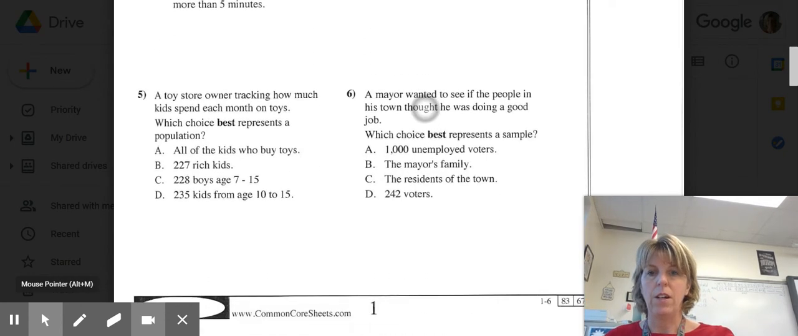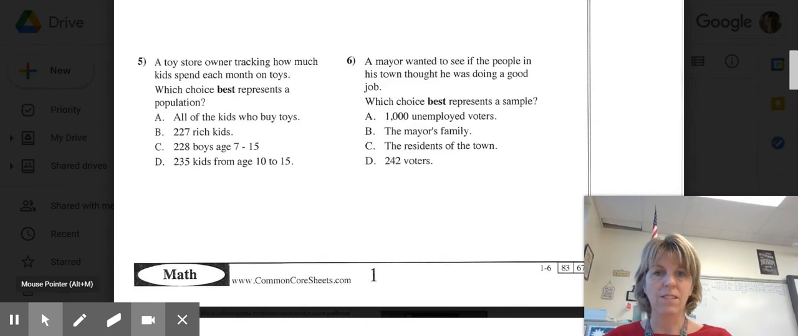All right, let's look at number 6. Let's skip number 5 and look at number 6. Amir wanted to see if the people in his town thought he was doing a good job. So who would he ask? What's a sample? Would he ask 1,000 unemployed voters? That would be biased, right? If you're asking unemployed people what kind of a job the mayor is doing, they're probably not going to say